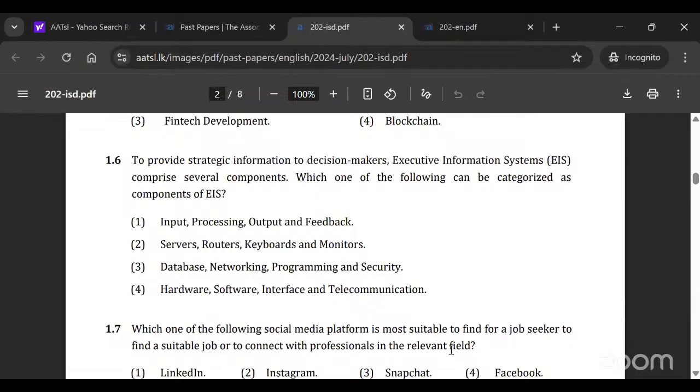TPS. Servers, routers, keyboards, and monitors. This is common for computer hardware. Database, networking, and programming and security. Hardware, software, interface, and telecommunication. The fourth one is the correct